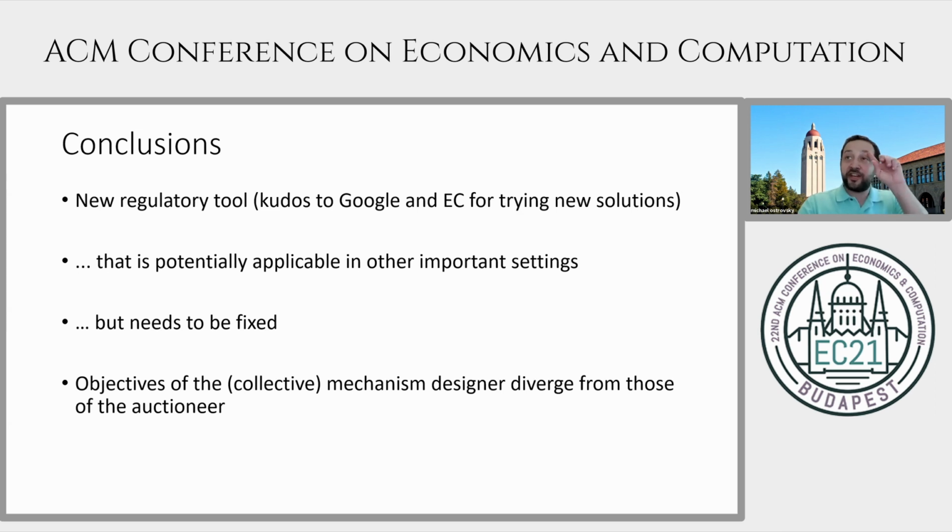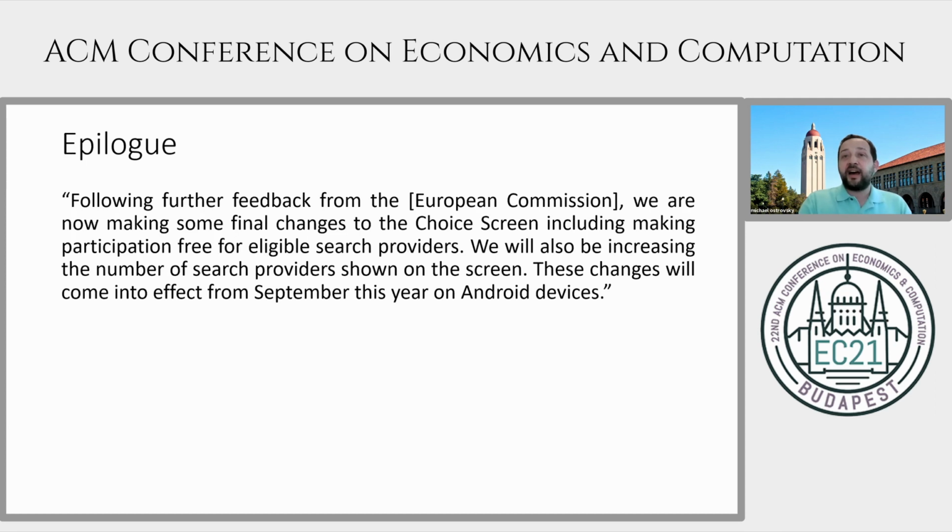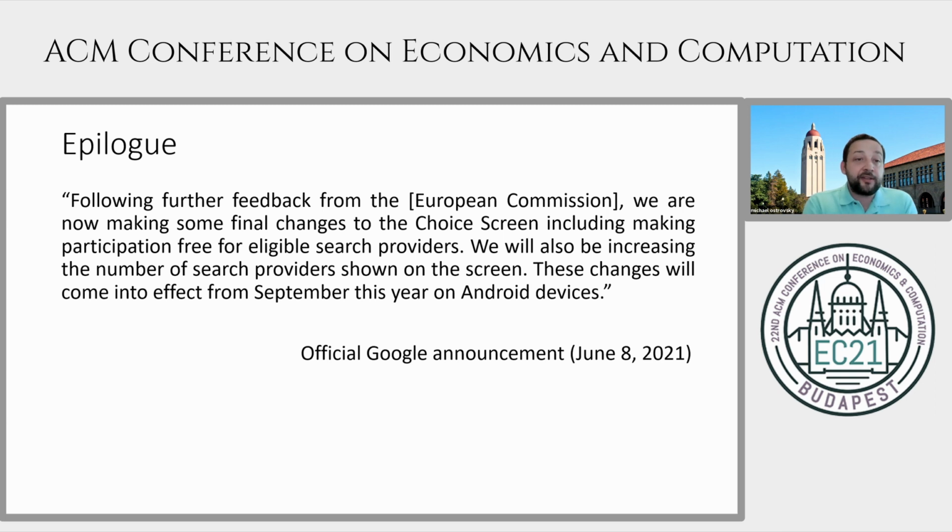Now, the paper ends here, but time and policy impact sometimes move faster than the publication process. So this presentation has an epilogue that the paper currently does not. Just 2 weeks ago, there was an announcement from Google that, following further feedback from the European Commission, "we're now making some final changes to the choice screen, including making participation free for eligible search providers. We will also be increasing the number of search providers shown on the screen. These changes will come into effect from September this year on Android devices." So this flaw that I described turned out to be